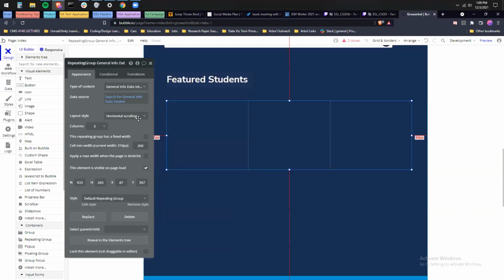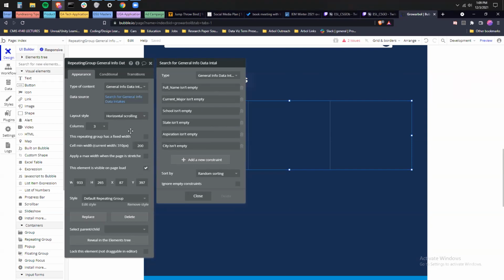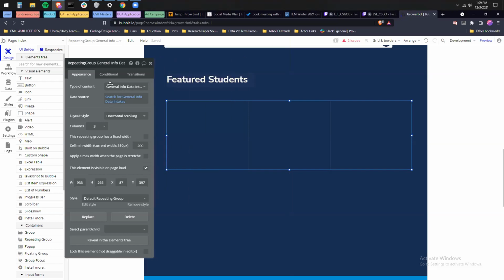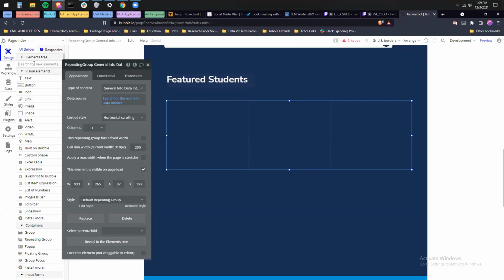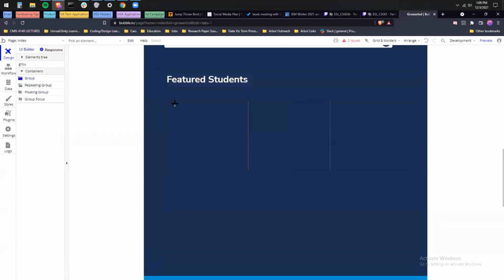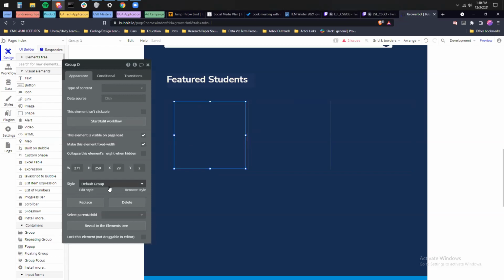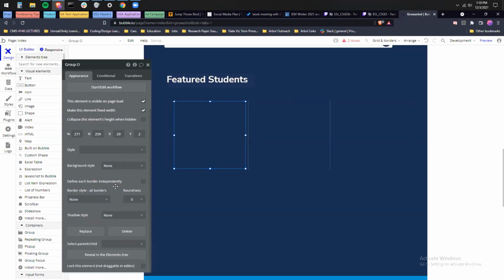Okay, so now that you have that, then in the design tab, now we have to figure out how you want to show that information. Like, do you want the background to be the same color or a different color? When they're in the tiles, you need to do a little bit of design around how you want that information to show up. So I would recommend probably doing a group with a different color background to start. So you can just drag a group in there in that first cell. Yep. And then I'd make it a different color.